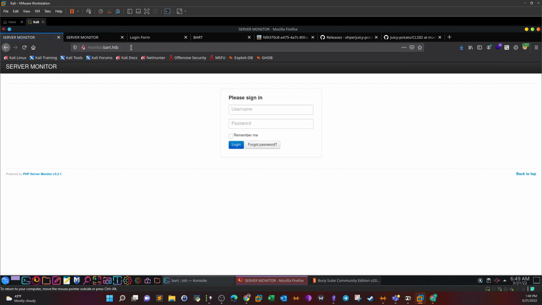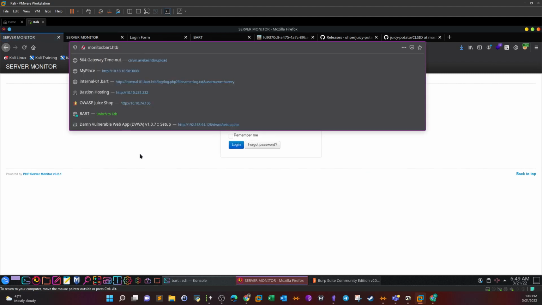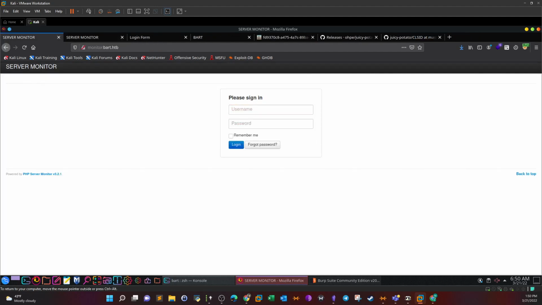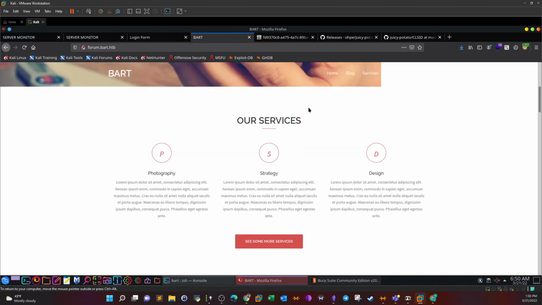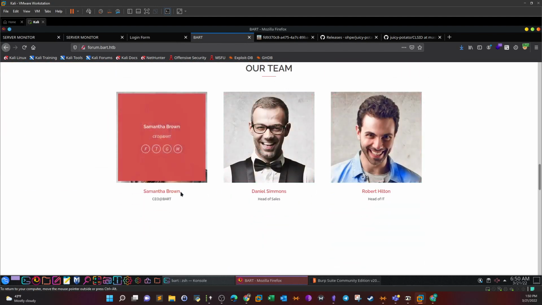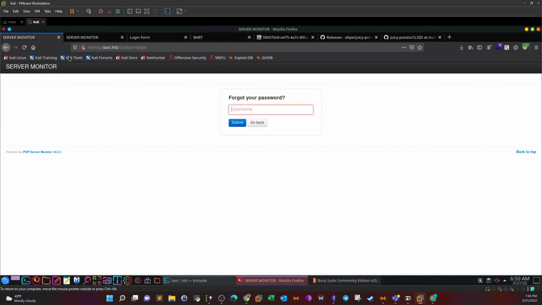Once we go to /monitor, it will redirect you to this domain, monitor.bar.htp. You can add this to the host file and reopen it. And this is the form I talked about at the very beginning of the video. We have a login form. So we've typed forget password, and since we know beforehand, as I told you guys, that we have usernames revealed here: Daniel, Robert, and Samantha, and also don't forget Harvey. If you try here with one username such as harvey.potter,